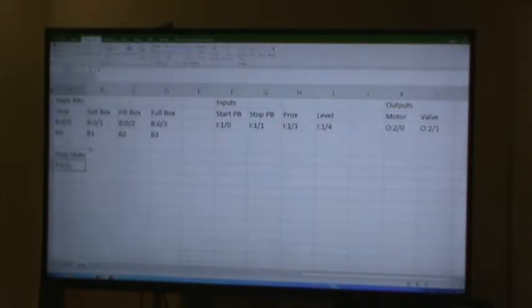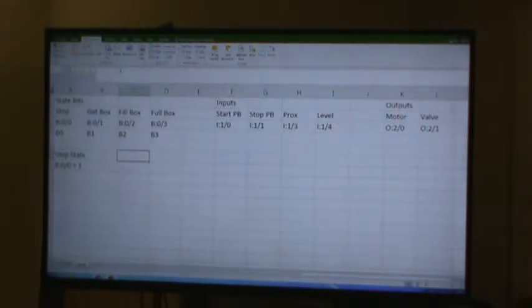B0. That's the bit that when on indicates we're in the stop state. Now you might look at this and say, well, how are we going to turn it on? Well, I'll show you, don't worry. Our program will turn these bits on and off to move us between the states based on the transition conditions. All right, now,